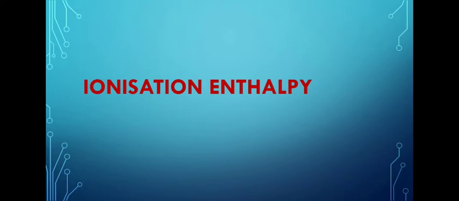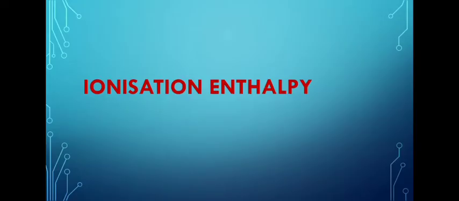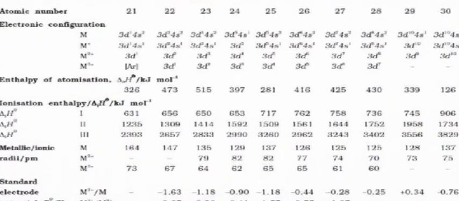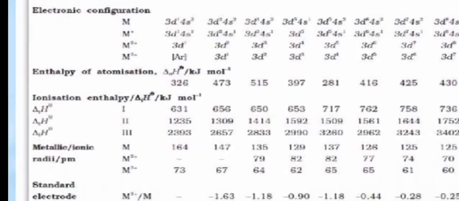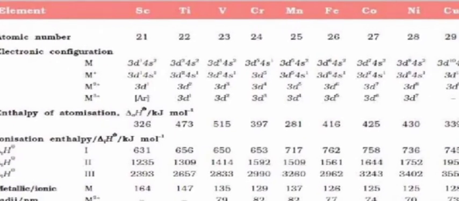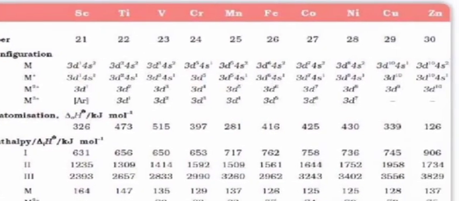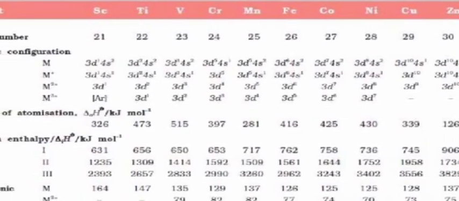If you compare the ionization enthalpy of d block elements with s and p block elements, you will observe that the d block elements have higher ionization enthalpy than that of s block elements, and their ionization enthalpy is lower than that of p block elements. Second thing which you will see here in this table, the ionization enthalpy for the first transition series is shown here. That is starting from scandium to titanium to vanadium, chromium, manganese, iron, cobalt, nickel, copper and zinc. The ionization enthalpies are given.